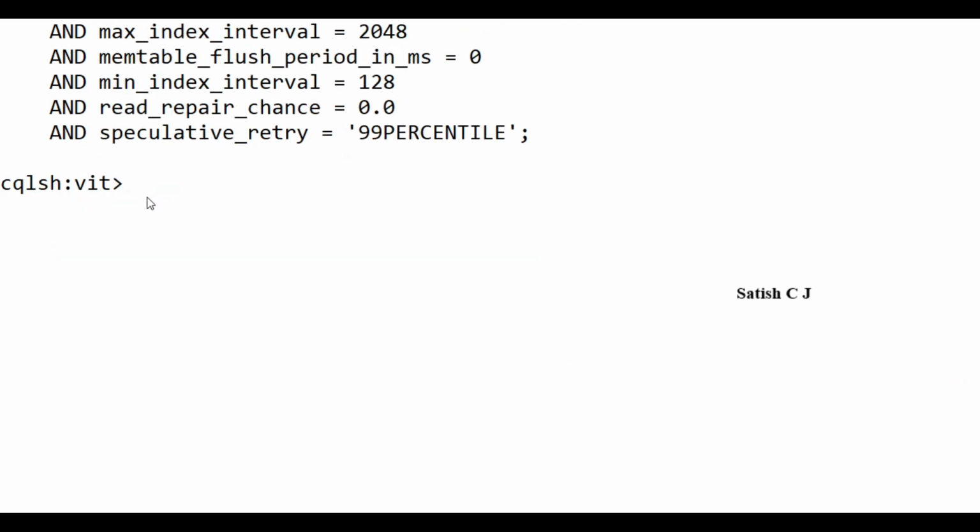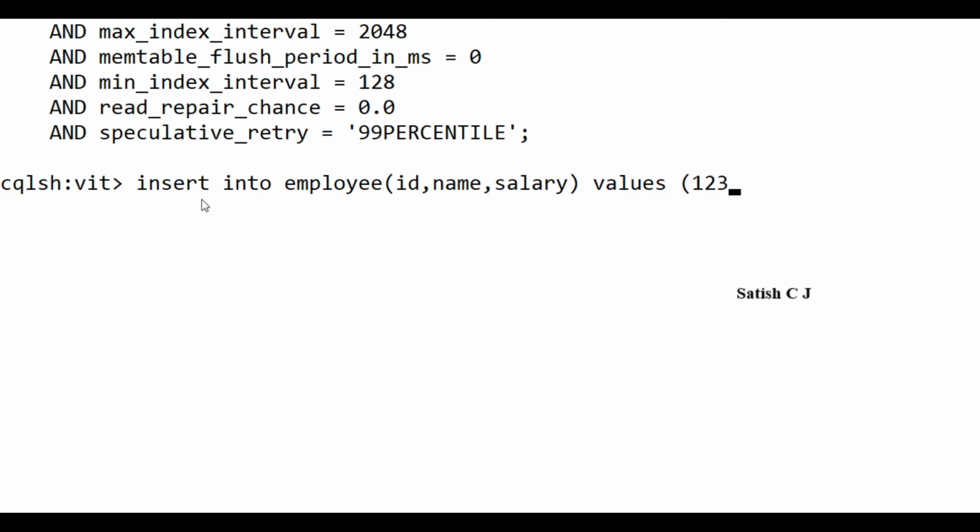Next thing is we'll insert a record into our employee table. We'll see how to insert. Again, the query is very similar to SQL. So it's insert into employee, and we have to mention the columns. So we have ID, we have name, and we have salary, and then we have to mention values. I'll insert ID to be 123.